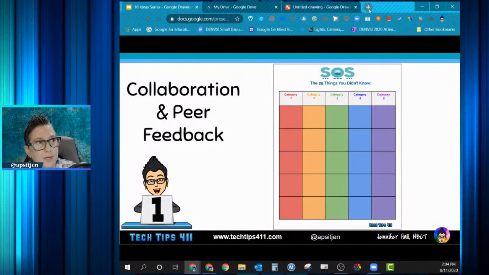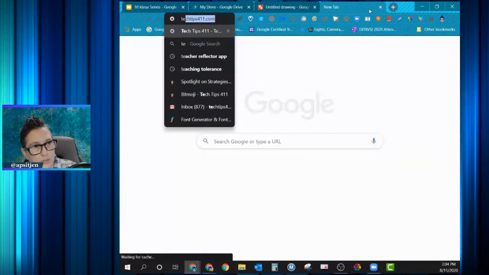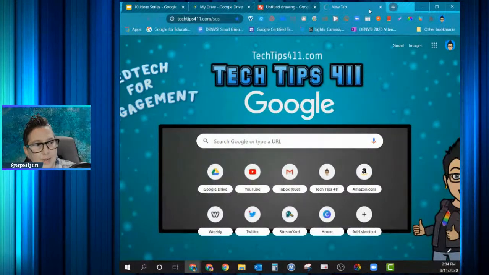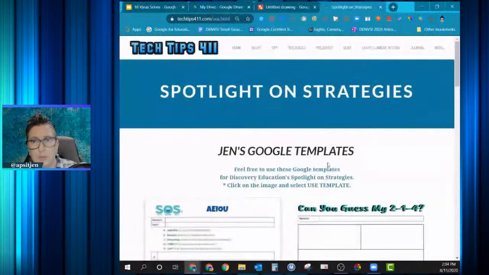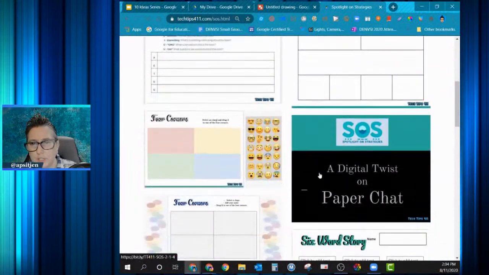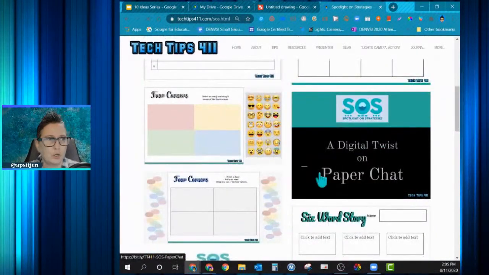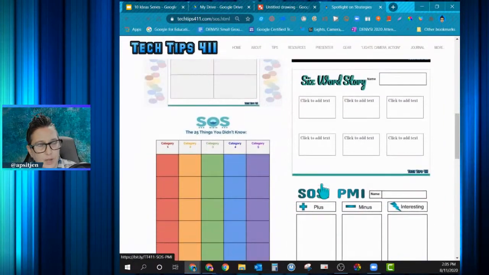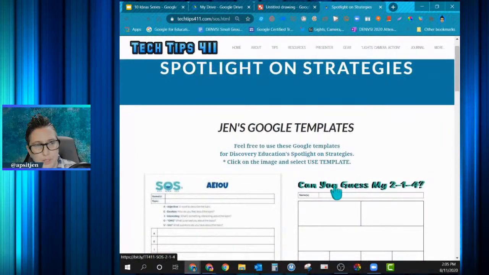So that template is available, and I'll put the link in the description. But if you want to easily grab that template, it's one of a number of templates that I have available for the Spotlight on Strategies. And if you're not familiar with the Spotlight on Strategies, they're quick, easy to use strategies to engage students in digital content. So there is that one right there. So I have a couple of different styles of